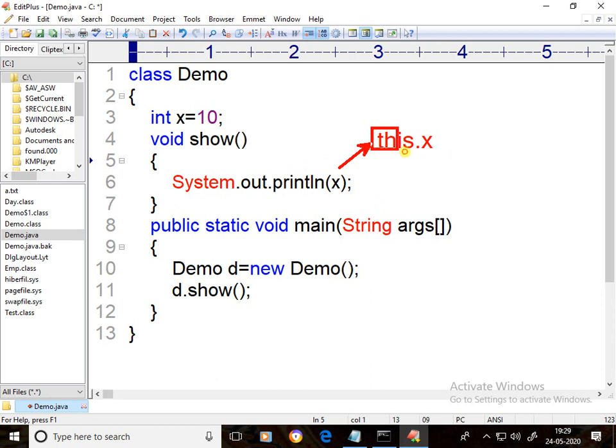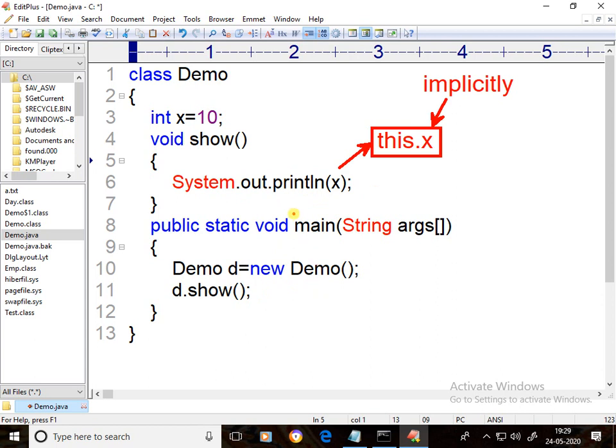This keyword refers to the current object. If you write only x also, implicitly it is this.x. If you write this.x explicitly also, this refers to the current object. In this program, we have only one object. That object only is referred by the this keyword.